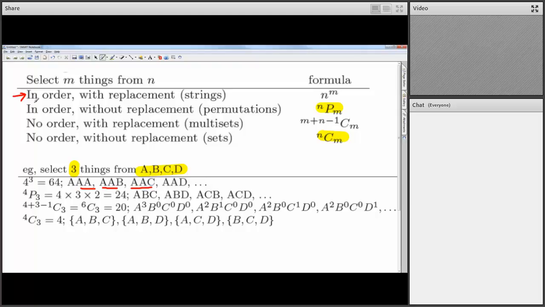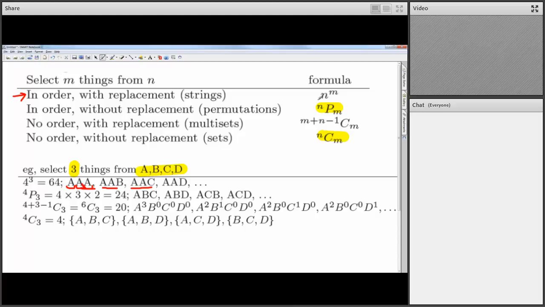That's called, and basically the way to do that is, for the first letter, you've got 4 choices in this case. The second letter, you've got 4 choices. The third letter, you've got 4 choices. Each of the letters have no impact upon each other, so they really are independent. So it's 4 times 4 times 4, or in short, 4 cubed, which is 64.